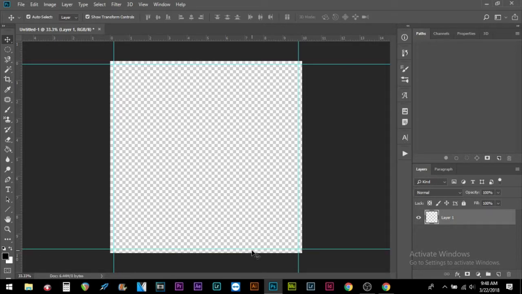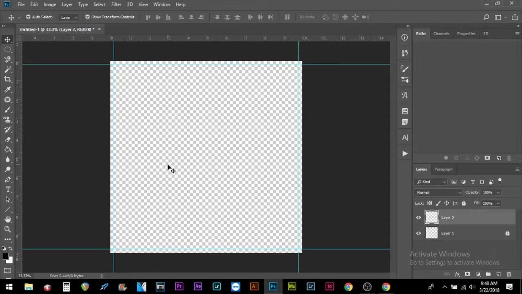Okay, once I have that, I'm going to create a new layer. Go right here, click a new layer. Then I'm going to lock layer 1. Go lock. Then go here. This is where I'm going to work mostly out of. So I'm going to create a circle or whatever,